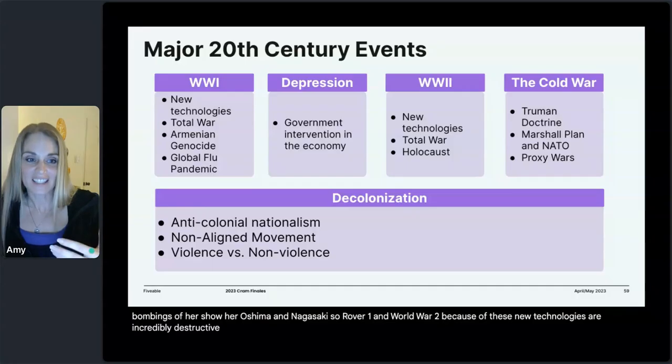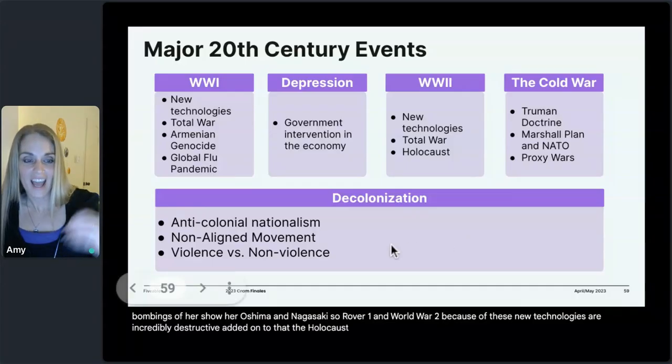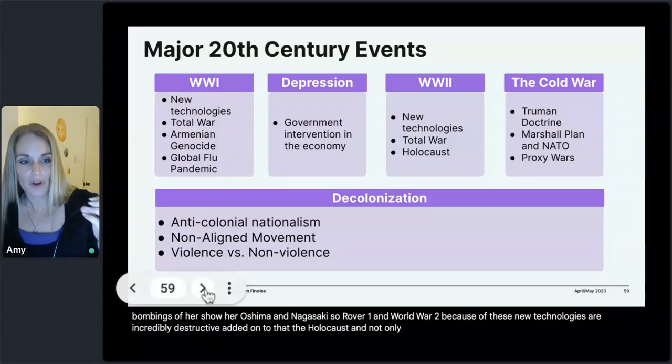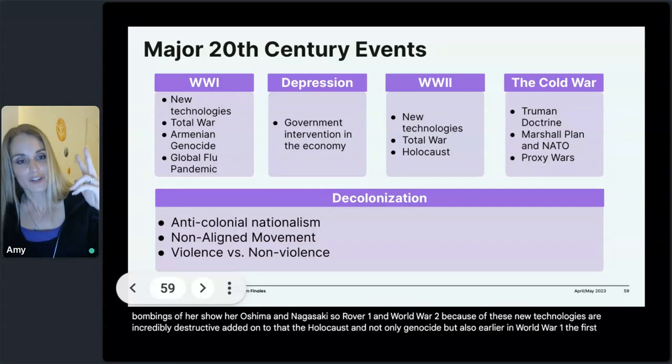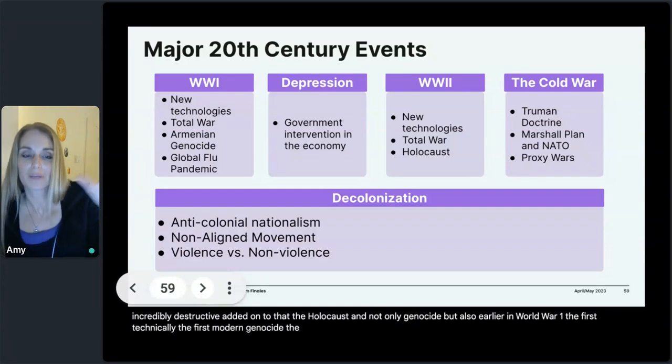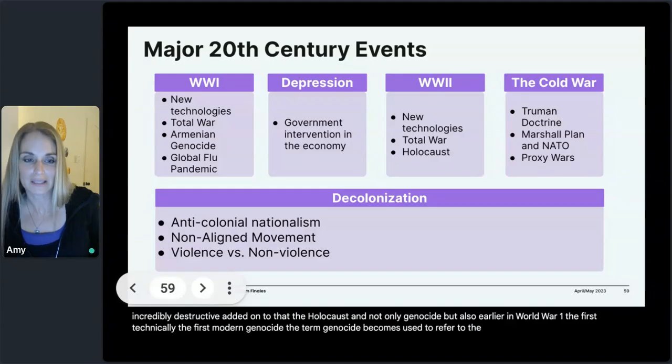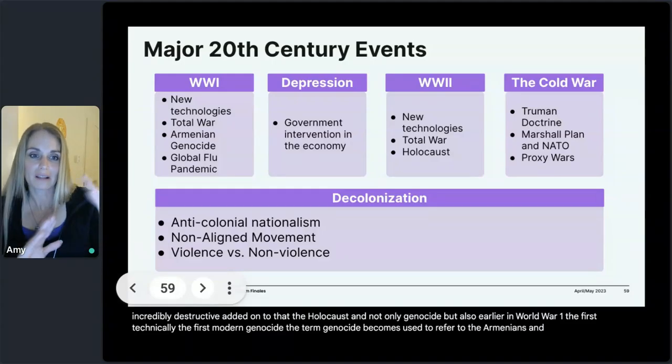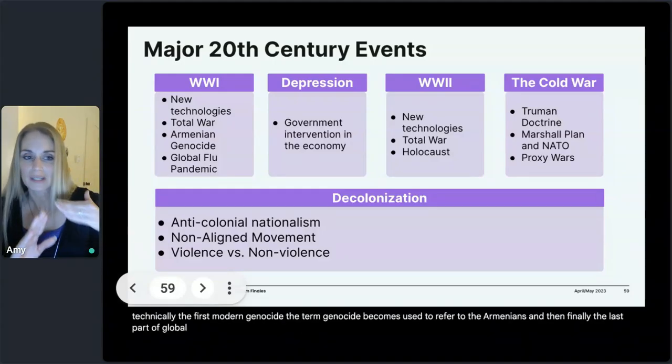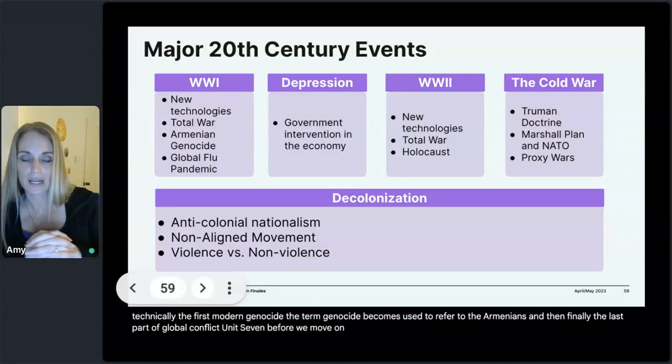Added on to that, the Holocaust. And not only genocide, but also earlier in World War I, technically the first modern genocide, the term genocide becomes used to refer to the Armenians. And then finally, the last part of global conflict, Unit 7, before we move on to Unit 8 and 9,